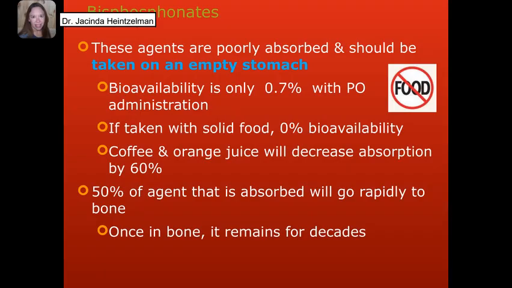Some common things to remember with our bisphosphonates is that the medications are going to be poorly absorbed from the stomach. Therefore, we need to make sure our patients are taking these medications on an empty stomach. No food. They should not be eating at all when they are taking this medication. So think back to what we have learned in past lectures. We need to make sure as much of this drug is being absorbed as possible, because the